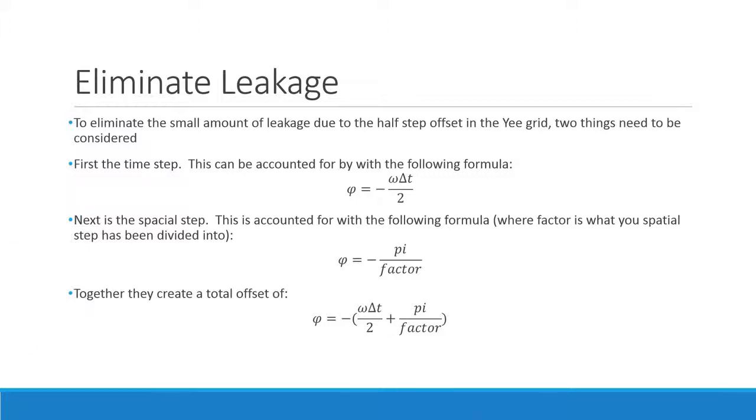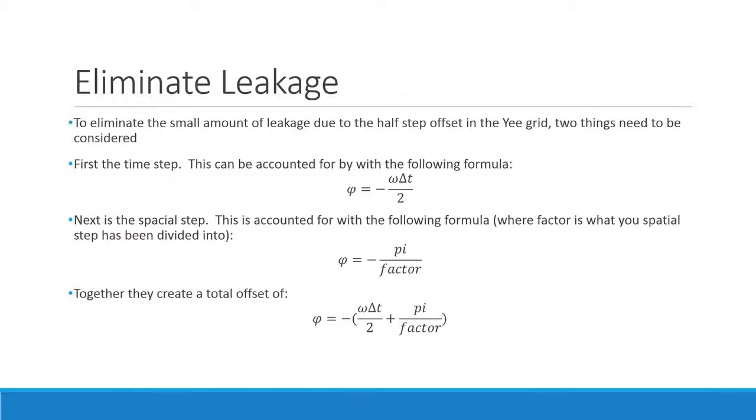And to do this, we have to account for the time step and the spatial step. To account for the time step, we use this right here. We use omega times the time step divided by 2 for the half, because it's a half step in time. And then to account for the spatial step, we use pi divided by a factor, where my del z is equal to my wavelength divided by a factor, which just defines how high resolution my spatial steps are. And then to get a total offset, we add them together,